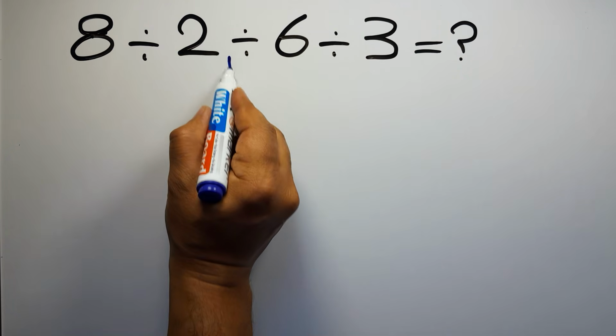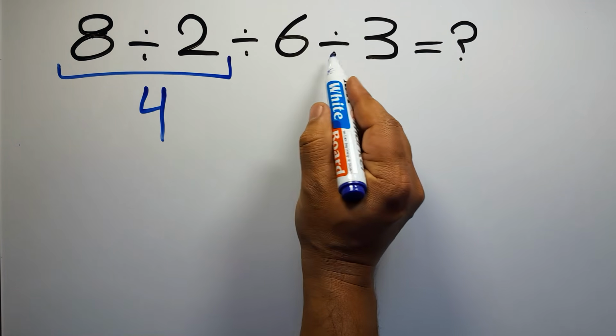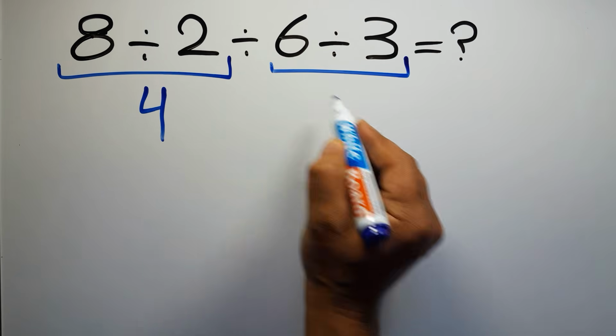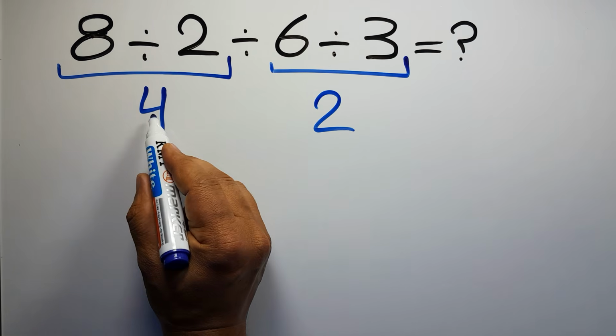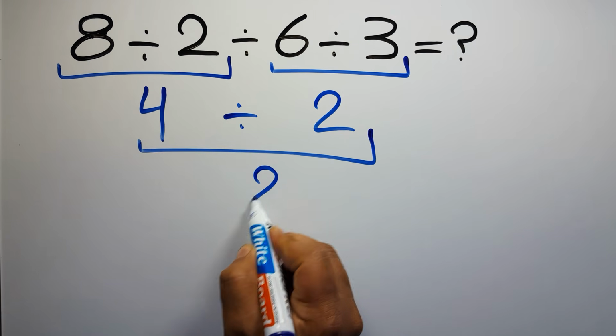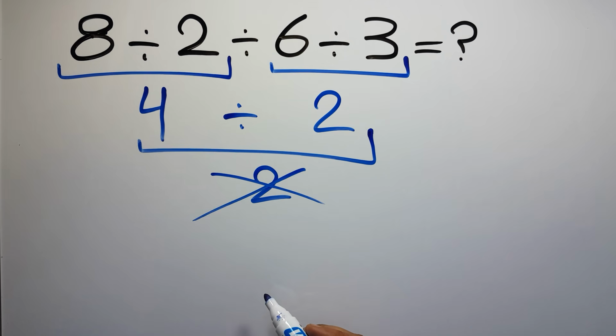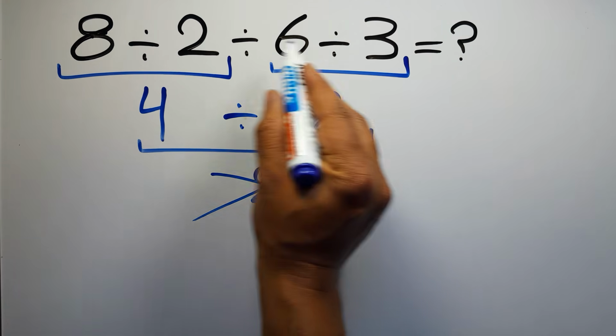8 divided by 2 equals 4. And here we have 6 divided by 3, which equals 2. So 4 divided by 2 gives us 2. But this answer is not correct, because according to the order of operations, when we have more than one division